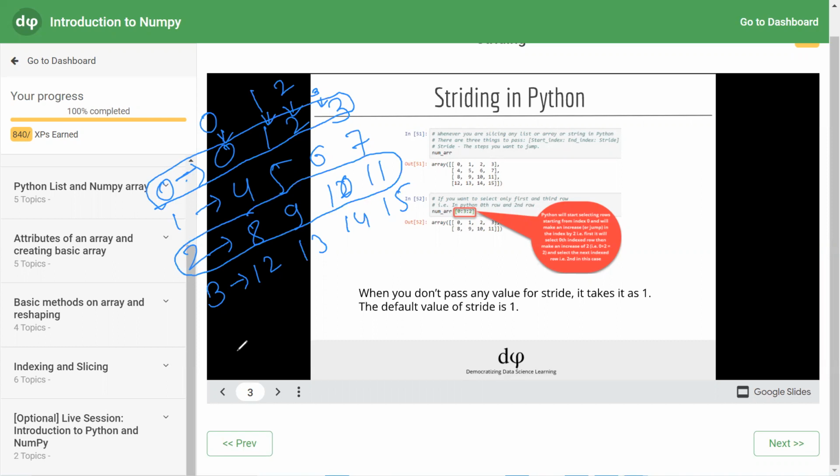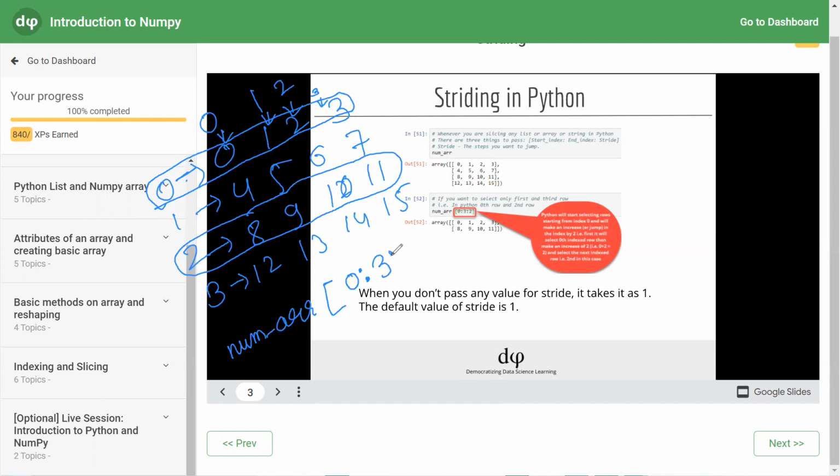Okay, so you will give the array name, num array. If you want to select the first three rows, the interval was we start from 0, we'll run till the last, excluding the last index, we'll run till 3, but we want to skip 1, we want to skip from 0 to 2.